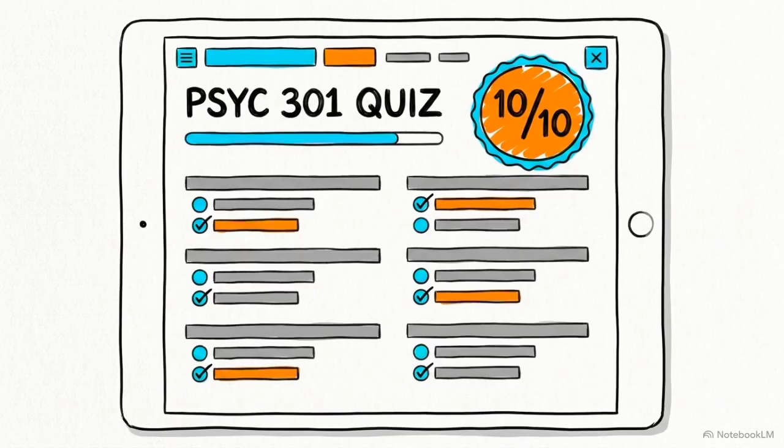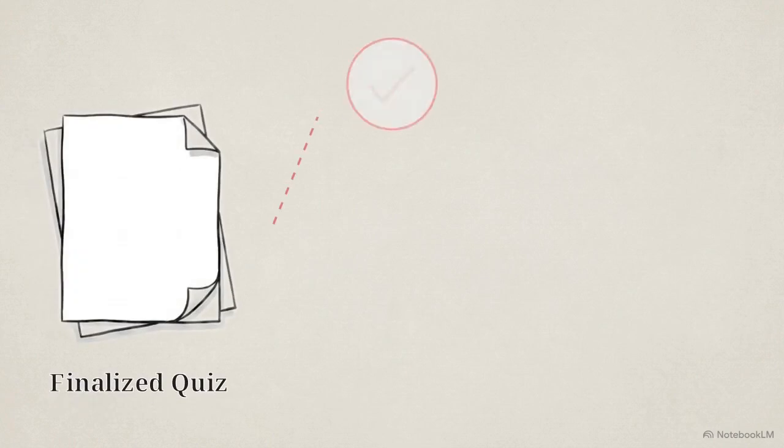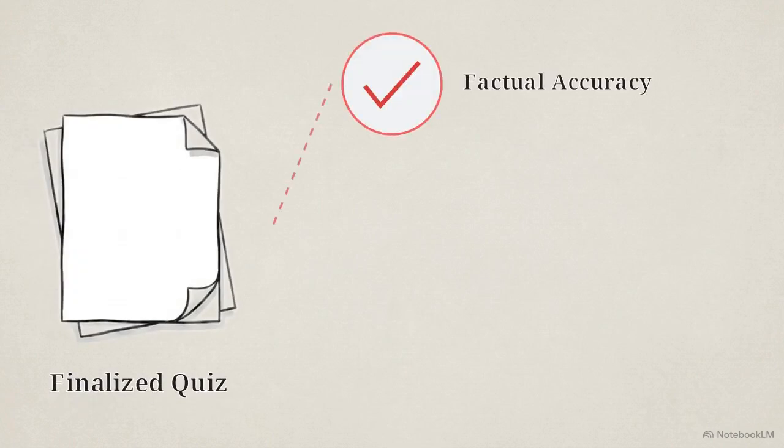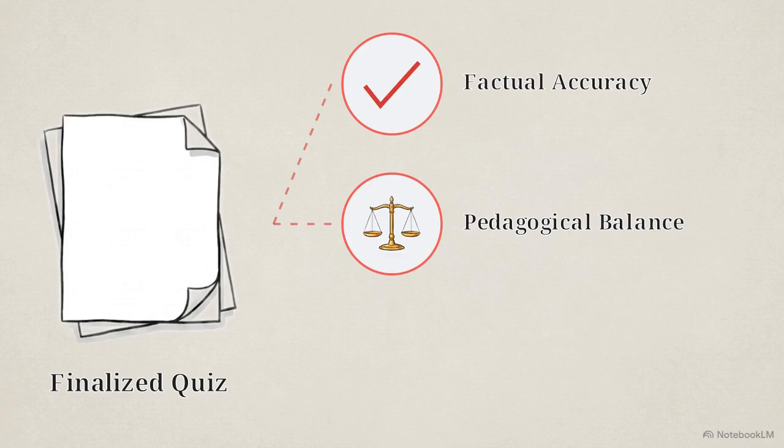By standardizing how you instruct the AI and how you verify its output, you can cut the time required to build a course assessment from 3 hours down to 45 minutes. At the end of that 45 minutes, you will have a complete 10-question quiz. The questions will be fully verified for factual accuracy, intentionally balanced across different cognitive levels, and ready to distribute to